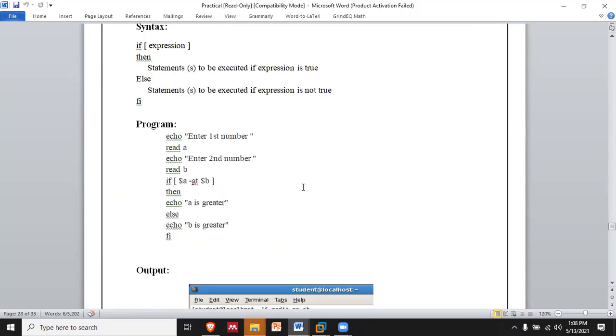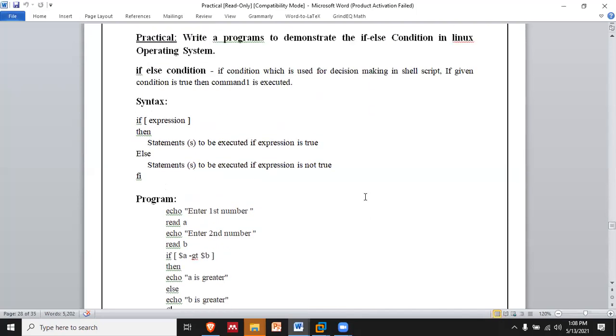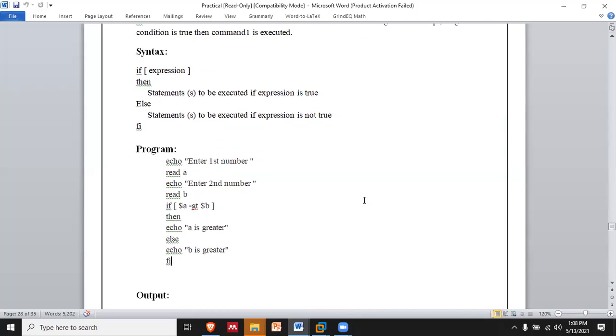That is for if, and for if else, this is the code we can use: echo enter the first number, right? For entering the first number we use read with variable a, then echo enter the second number, then read variable b. What we are doing is taking a comparison of which number is greater, and making a decision on the basis of that, right?